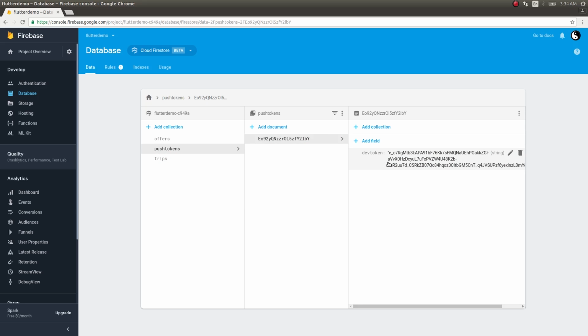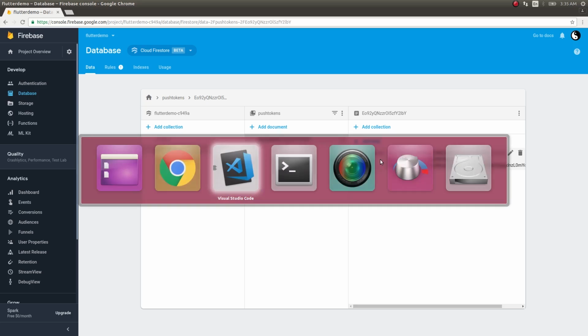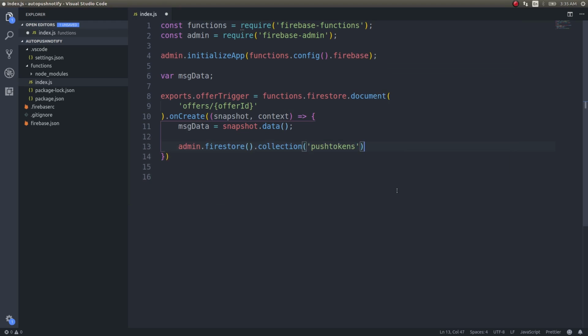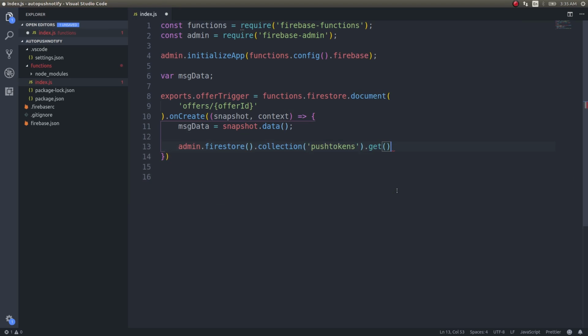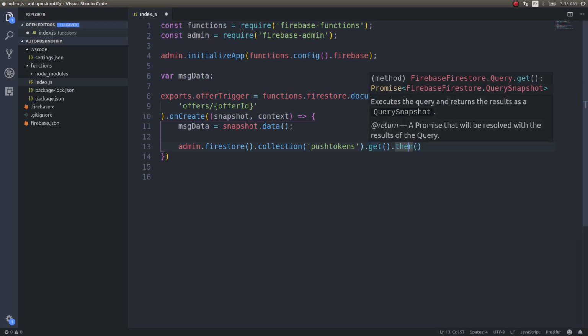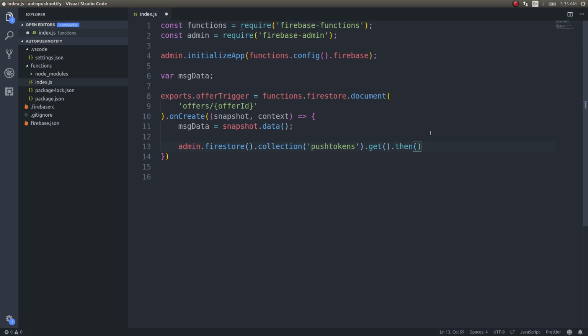So this device token corresponds to one single device. If I have 50 devices, I would have 50 documents, and all those documents will contain a device token, right? So I have this pushTokens collection. I'm accessing this, and then I'll just do a get. This will get me all the documents in that collection. Then this will return a promise. You can see this, right? Now I'll do a then